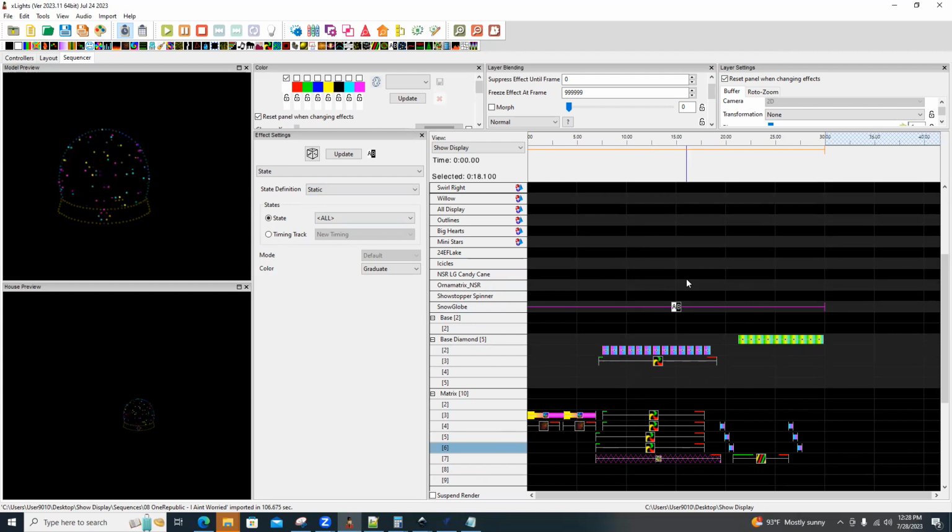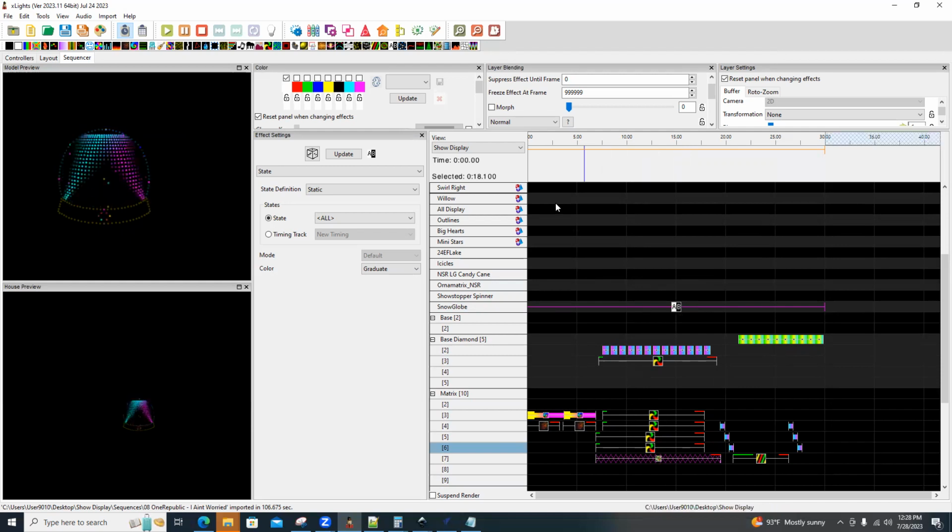And what that allows me to do is sequence over the top of it. And I like to have it in a dark color so that it doesn't become overbearing for the rest of the effects. I really want the other effects to shine through, but I don't want this to go out. I want it to kind of show what it is. And so that's the way I accomplish that, by having darker colors here and fill it in,